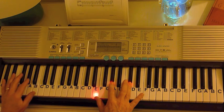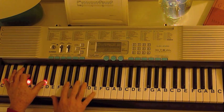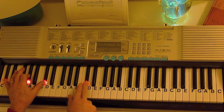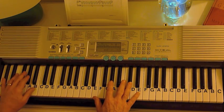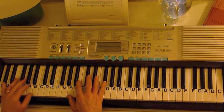So the last thing I do there is I hit a C sharp, G sharp, C sharp in the bass, and then I start the arpeggio. E, G sharp, C sharp, G sharp, C sharp, E, C sharp, E, G sharp, C, E, G sharp, and then just roll the chord. So now from that ending there,